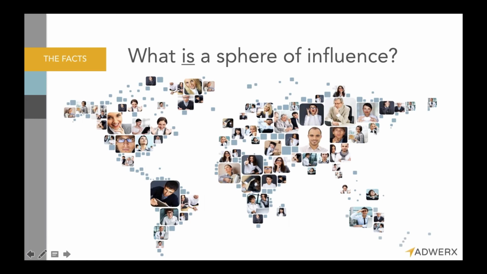So what is a sphere of influence? Well, there are several terms that kind of get thrown around. Sphere of influence, or SOI, database, list. A lot of folks call it a lot of different things, but they're not really as interchangeable as you may think they are. Your database really needs to be bigger than your sphere. Your database should be essentially everyone that you've ever made contact with, while your sphere